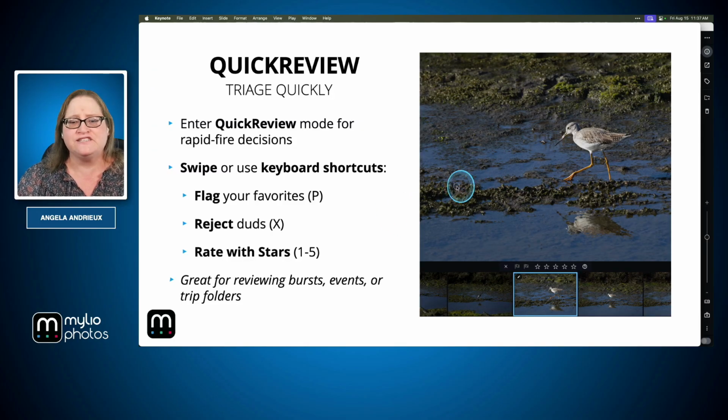All right, so to start off, the tool that I think is the most helpful in Mylio Photos for curation is QuickReview. Now, a lot of you might not use this or know about it. Up until recently, it was a little bit hidden. You had to go up into the More menu, the three dots in the upper right, to invoke this view. Now we have up-leveled it. It's over in that left sidebar under the tools,